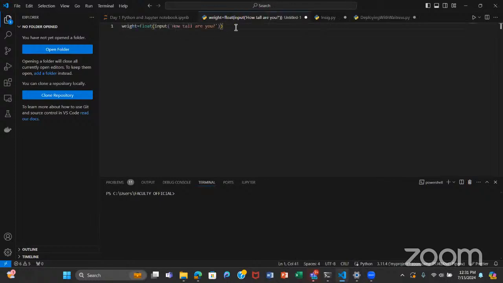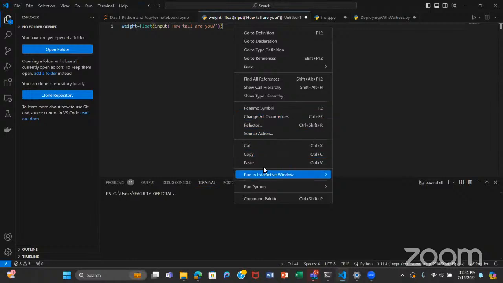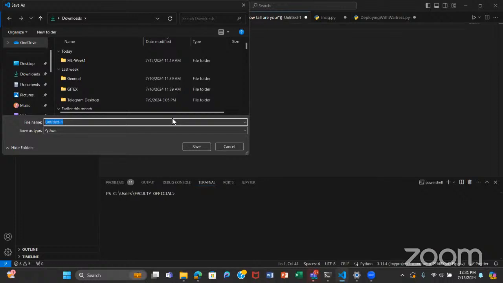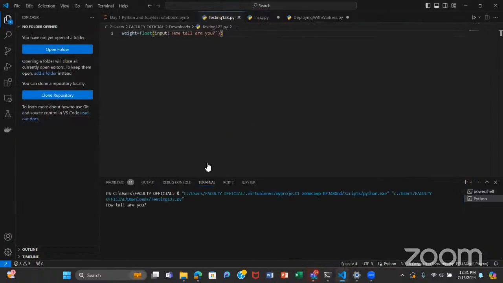So, in VS Code, if I run it, run Python. In the terminal, what we've typed in our input function will come out, the prompt, which is how tall are you? And then you simply write the value, press enter, and then boom, it's stored. It's as simple as that. That's pretty much it.